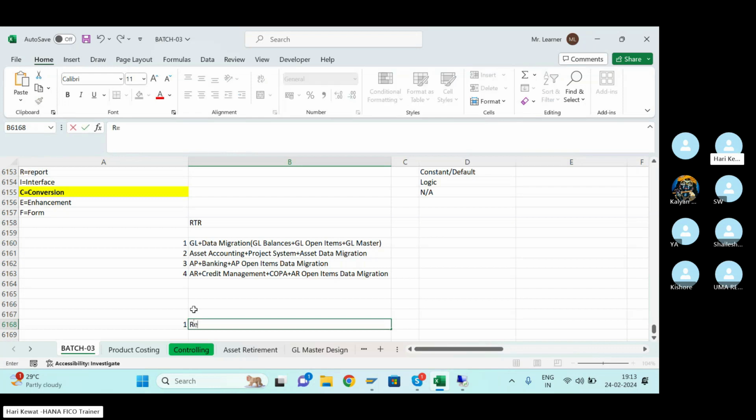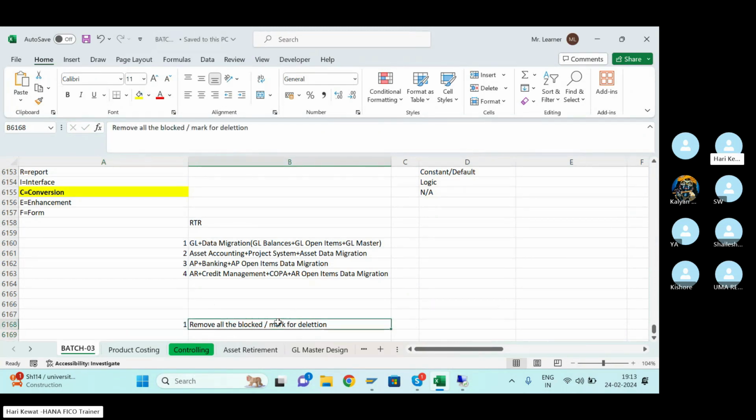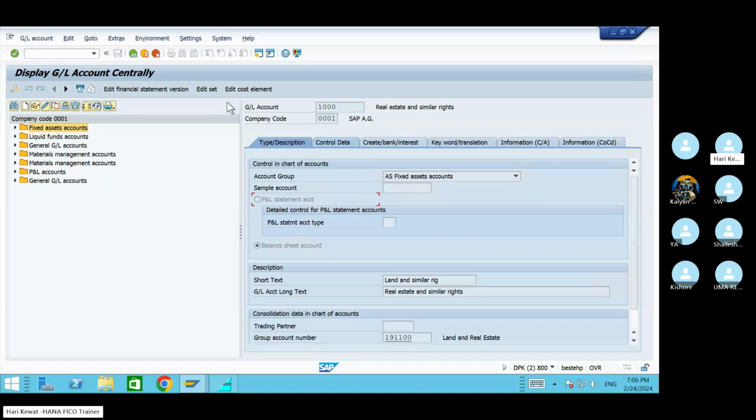So remove all the blocked ones. Maybe you have to confirm with the business. Blocked GL, marked for deletion GL, you should not migrate. This is the first criteria you have to apply. Now, how do you extract the data which are not marked for deletion or not blocked? How will you start? Let's say first let us go to the SKA1 table,